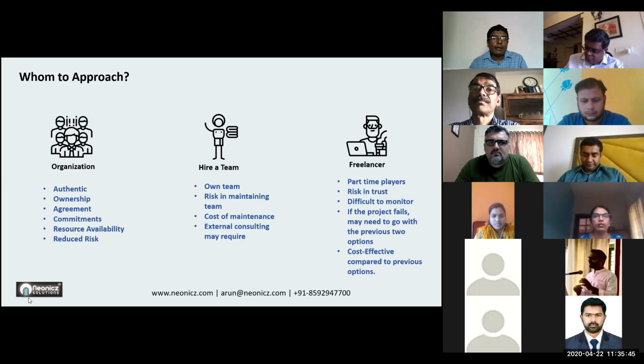The ownership of the product you develop with that team, in the sense that you are the actual owner and the IP, intellectual property, is with you, but at the same time they will take project ownership and will be committed towards the deliverables of that project. And also the resource availability.